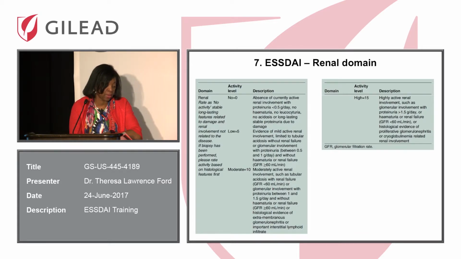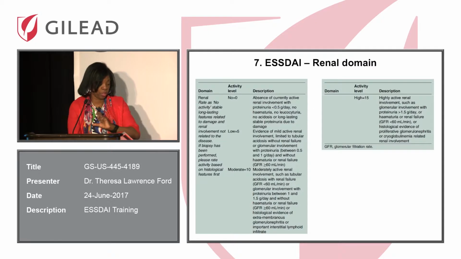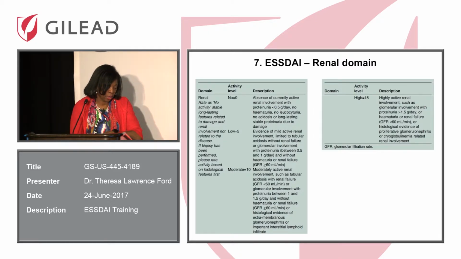And then a moderate, and then the GFR should be greater than 60, estimated GFR, greater than 60 cc's per minute. Moderate would receive a 10, and that would be moderately active renal involvement, such as tubular acidosis with renal failure, GFR less than 60, or glomerular involvement with proteinuria between 1 and 1.5 grams per day, with no hematuria or renal failure with a GFR of greater than 60 cc's per minute, or histological evidence of extramembranous GN or